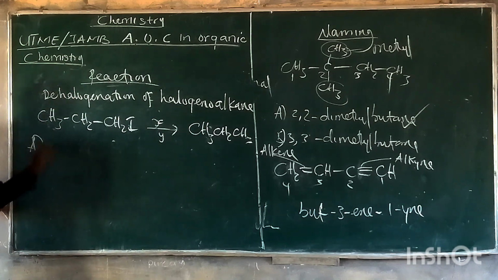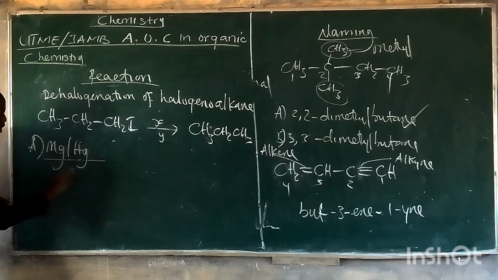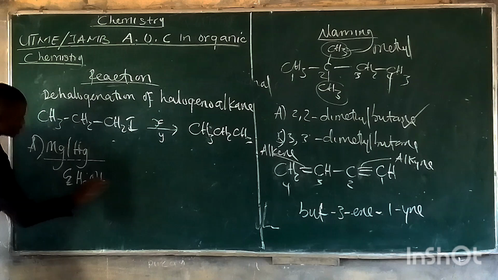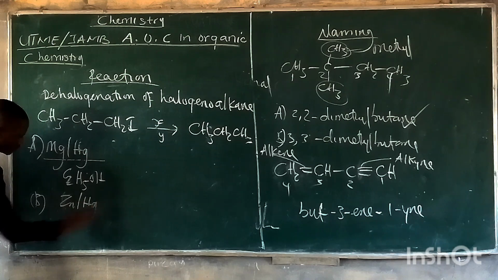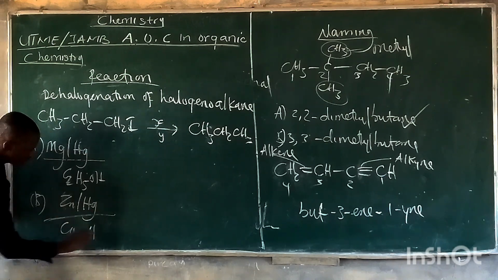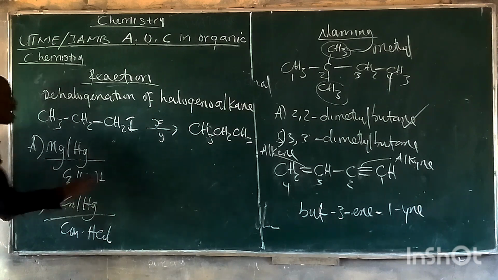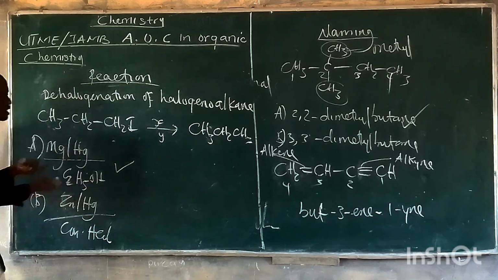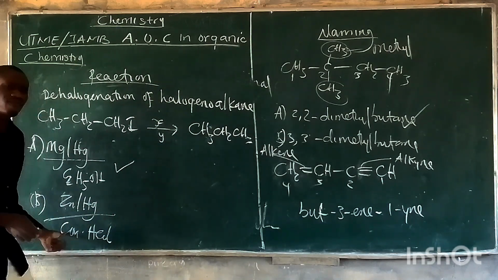And then they will say A, magnesium amalgam and C2H5OH, or they say B, zinc amalgam and HCl. That is how the question will look. You see that? The right answer is this. So this is the reagent that propagates this reaction, and this one is complementing the